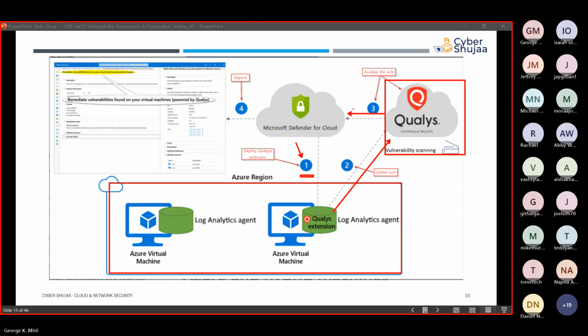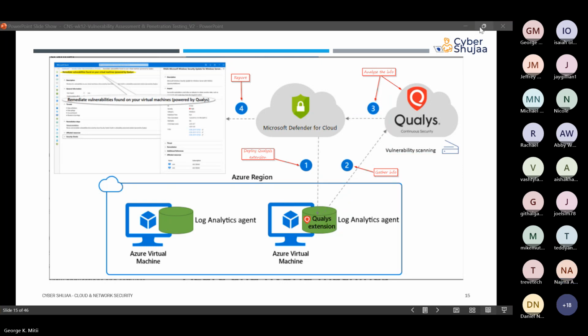This is actually the reporting part. So whatever it will be returning, step one is deploying the Qualys extension. Step two will be collecting our